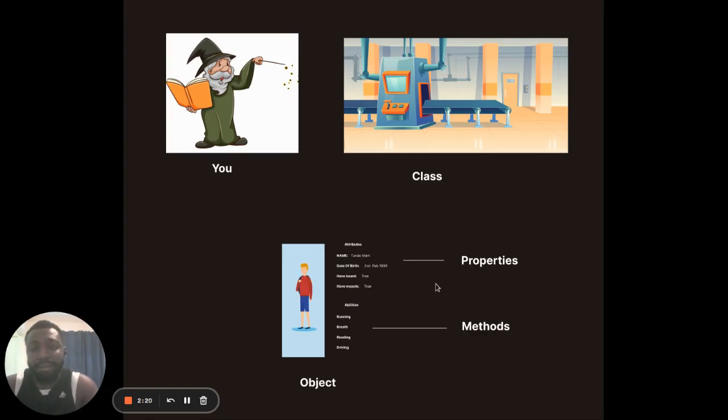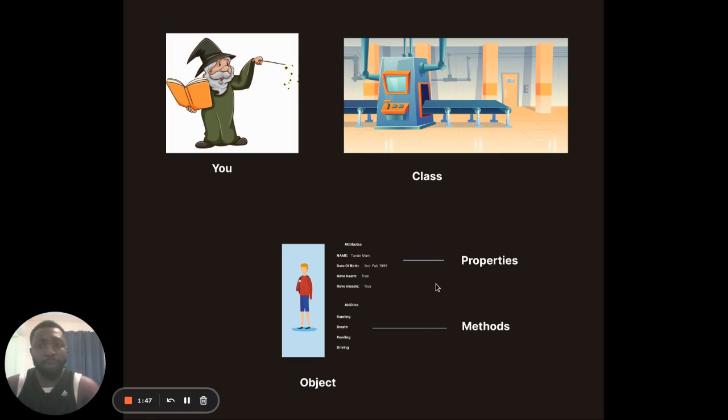Well, here come classes in programming languages. You're the programmer. You're defining a class. A class is like a machine which will help you produce all the objects you want. In your task, you were given to create human beings. In the programming world, we call those objects. So for the ability to create multiple human beings, we use a structure called a class. A class is like a blueprint which you can use to create multiple objects.